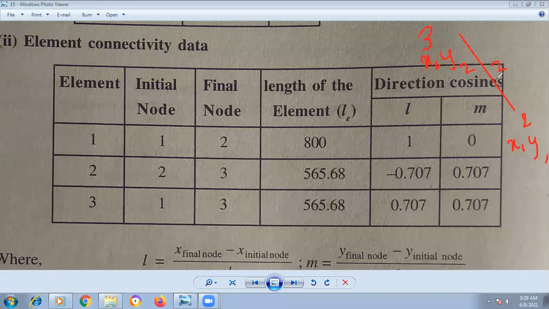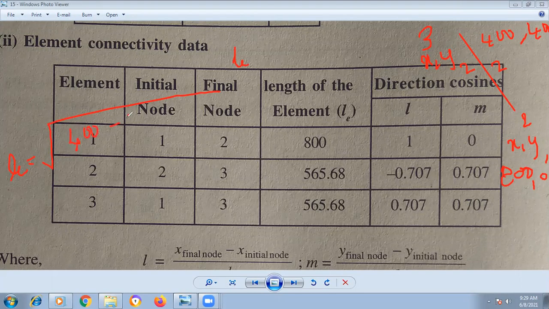So length of the element we have to find first. Coordinates of this are 800, 0, and here it is 400, 400. So length of the element is given by root of x2 minus x1 square, that is 400 minus 800 square,